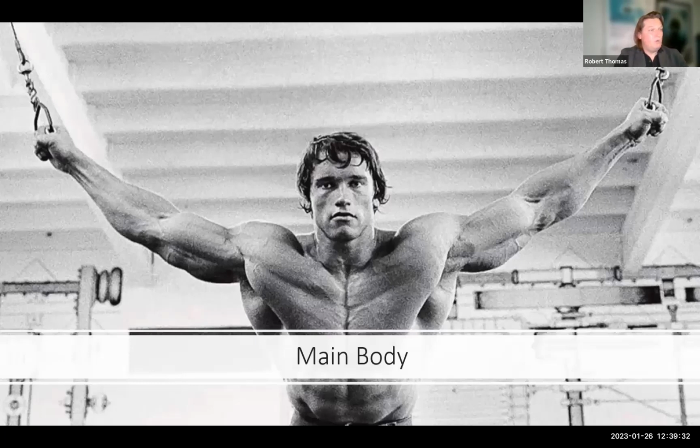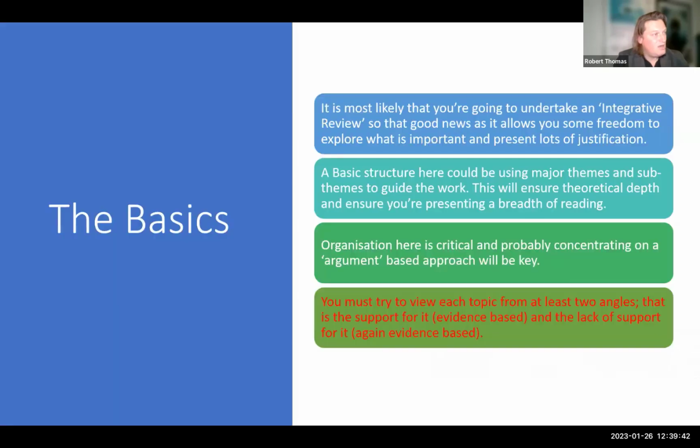So the main body of work. So go back to the funnel element, and that's Arnold Schwarzenegger, not me as a younger man. The main body of work is where we start now to bore into the major theories, okay? You will be taking an integrative approach. The way to address this is to tell us what a theory is. Not descriptively,